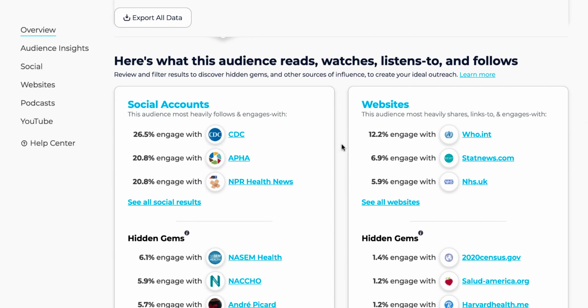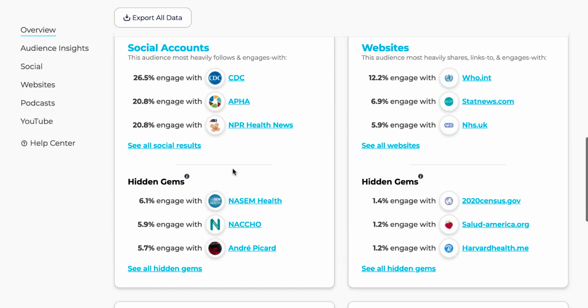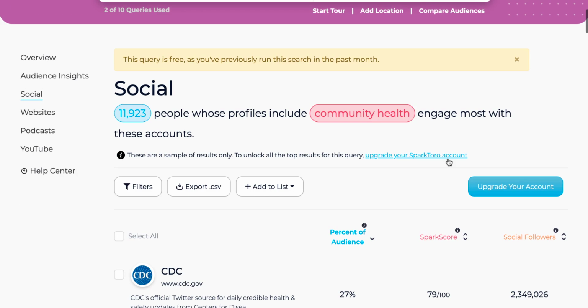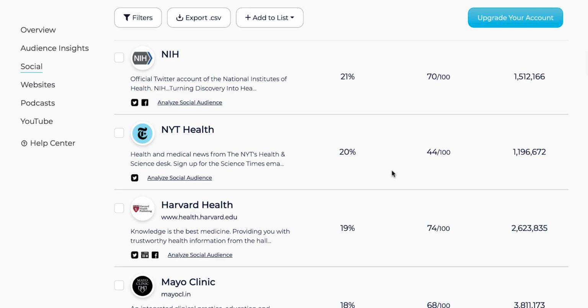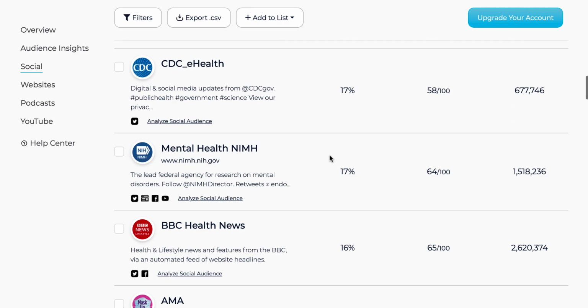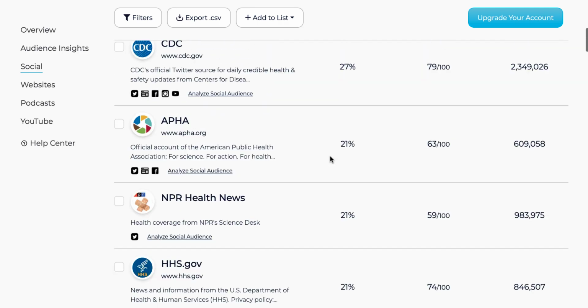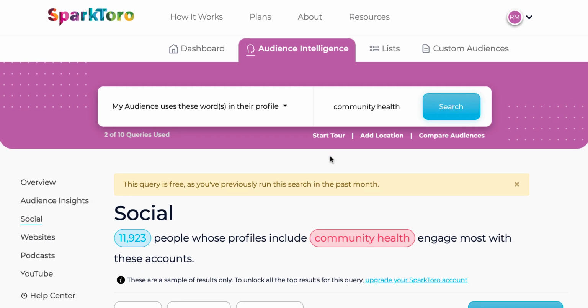And what's really nice about that is you can see all of the different types of social results and different profiles that people have. And if I click this right here, I'm going to be able to find a lot of these different community health places that talk about this information. And I can do this for research. I can do this for advertising. I can do this for marketing. I could do this for basically anything that I'm going to find the data on.